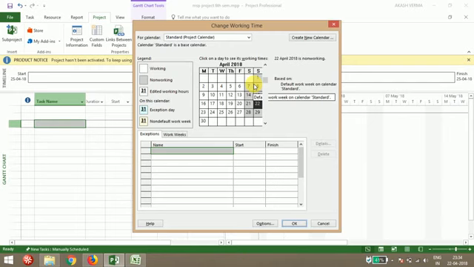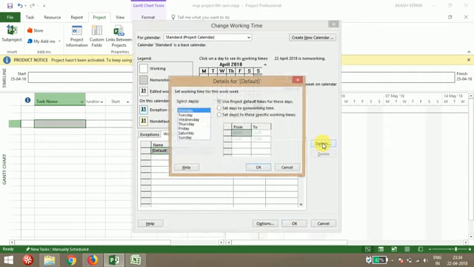But if you want to change, like okay, from Monday to Saturday I want it as working days and Sunday as non-working day, then go to work weeks. In work weeks, just go to the details part and select whatever days you want to be working days. So I'm selecting Monday, Tuesday, Wednesday, Thursday, Friday till Saturday. So Monday to Saturday as working days, and I didn't select Sunday.